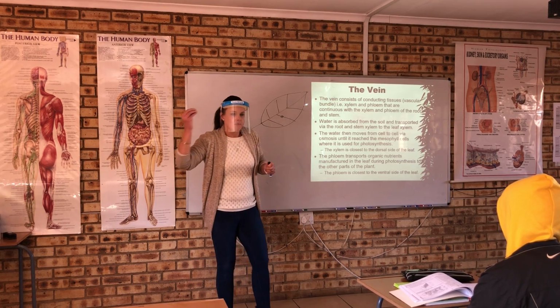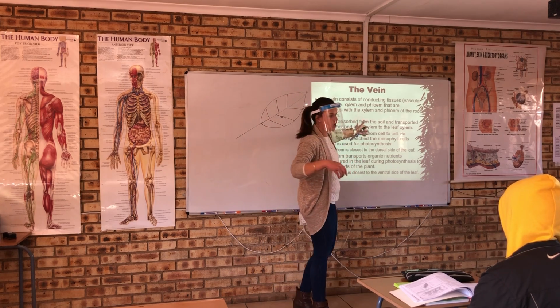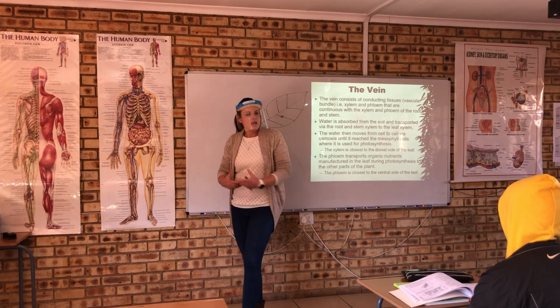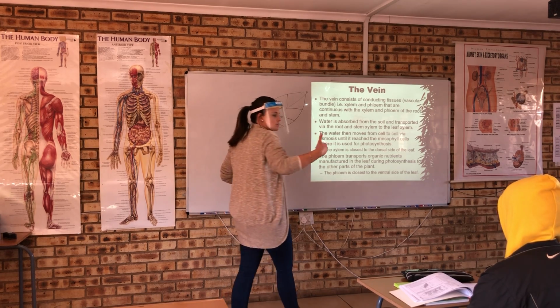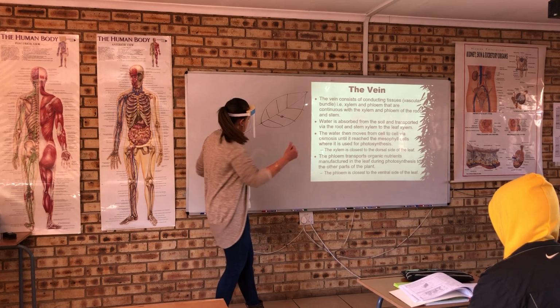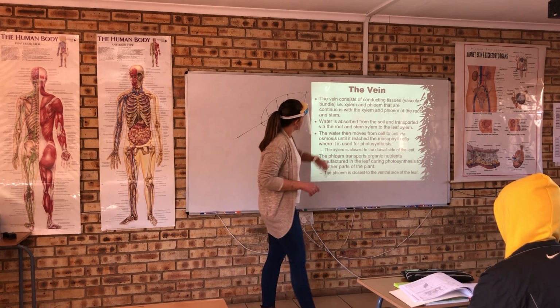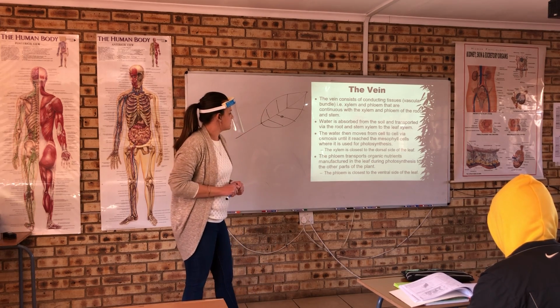Remember cells make tissues. We've studied tissues. Tissues make organs. We're looking at our organs. And organs make systems. And these systems work together to form the organism and allow the organism to function. Okay, everyone great? Good. Right, water is absorbed from the soil and transported via the root and the stem xylem